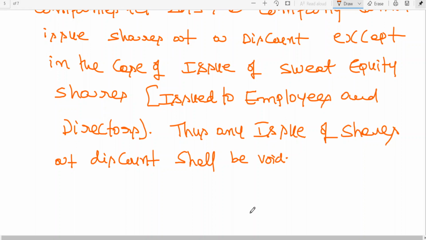We will be discussing this in the next class. I'm just going in a phased manner. In tomorrow's class we discuss premium and work out one problem including premium. Then we discuss calls in arrears and calls in advance, and work out a few problems. Then we go for forfeiture of shares, then reissue of forfeited shares. With that, one topic will be complete. Then the last topic is issue of debentures.